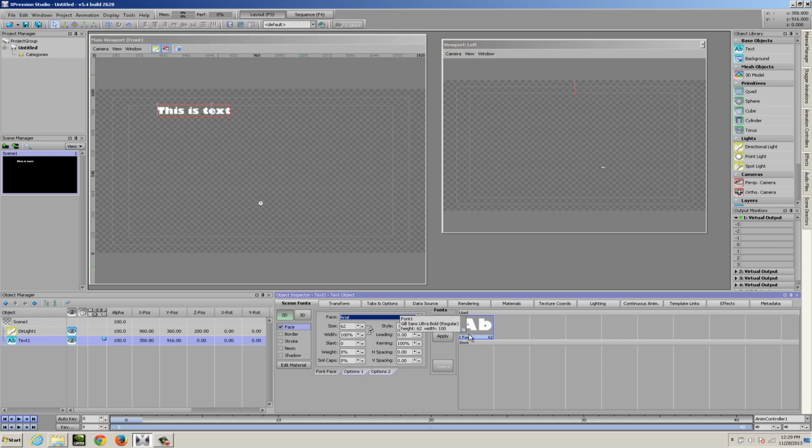Now, because these font styles contain a lot of different attributes, for instance, the size, the face, the width, the slant, you can apply borders, strokes, drop shadows, things like that, we give them specific names because you may want to use Gill Sans, for instance, multiple times within your project. But you may want to apply different attributes like a different border or a different stroke, or it might be a different size. So for that reason, we give fonts specific names.